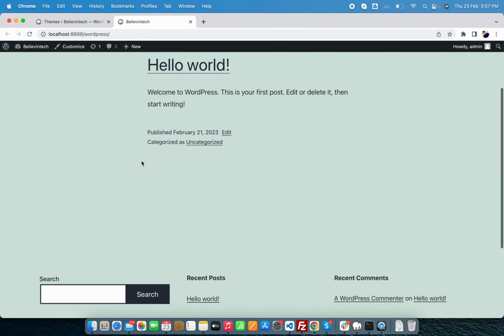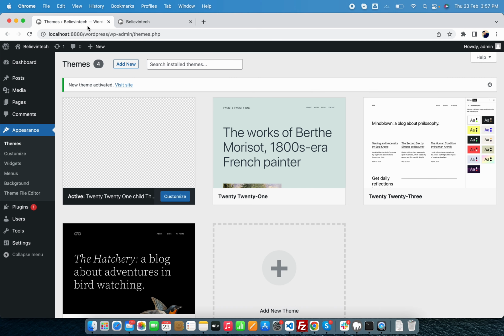See, the code is the same. This theme inherits all the properties and styling of 2021. So this is the process to create a child theme in WordPress. Just follow these steps and you can easily create the child theme.